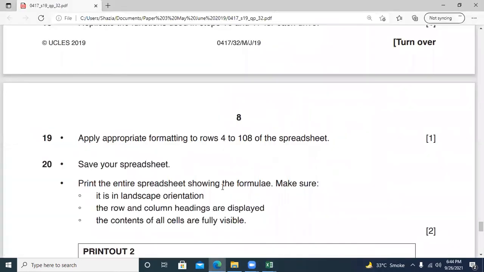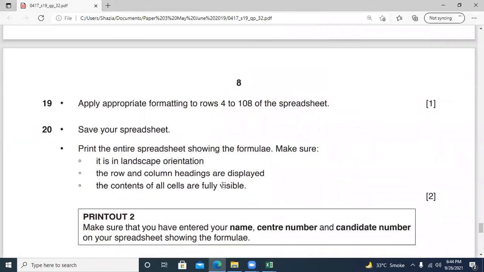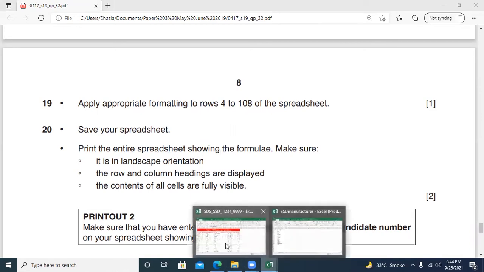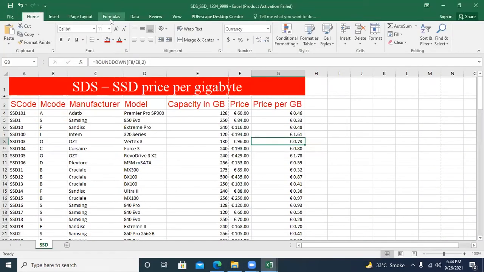So next step is, I guess we did, save your spreadsheet, and print the entire spreadsheet showing the formulas. Make sure it is in landscape orientation. The rows and column headings are displayed. The contents of all cells are fully visible. So in the showing formulas, print the entire spreadsheet showing formulas. So go here, find the formulas.